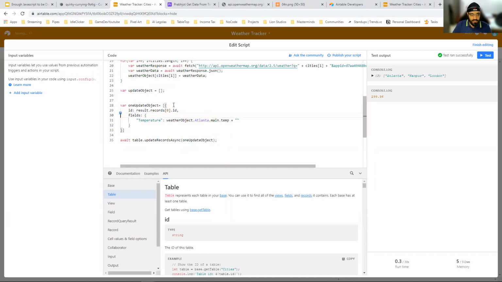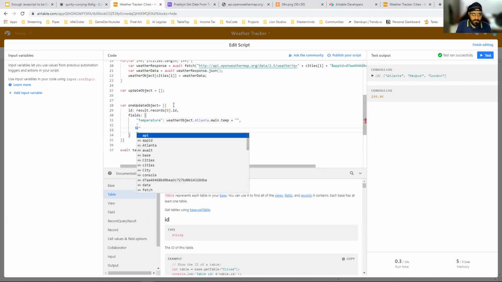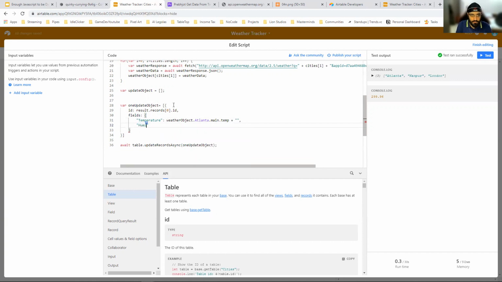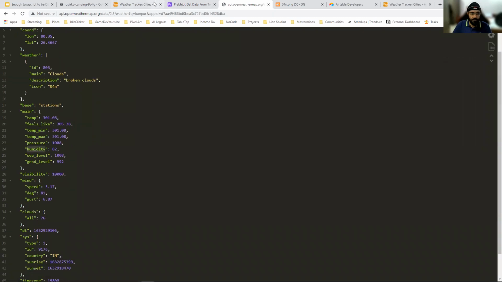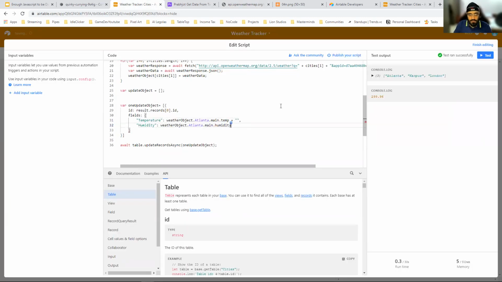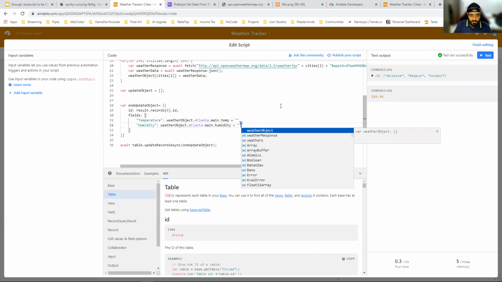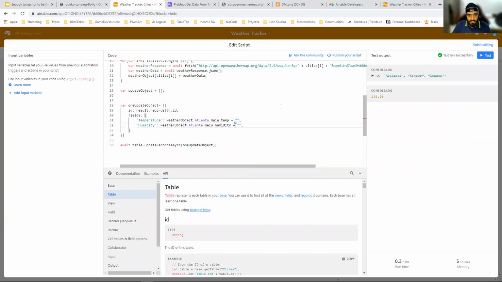We can quickly create the rest of the things that we need. So we have humidity, which is inside this same thing again, and I'll convert it into a string using this small hack of appending a string to it.